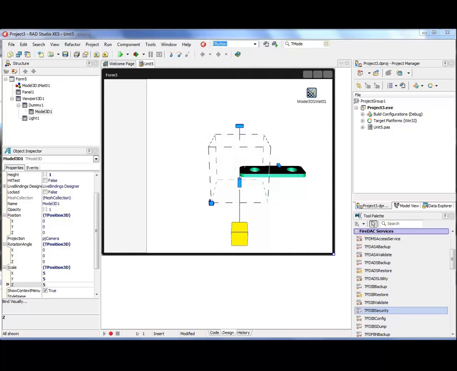Although the Delphi component TModel3D can load data from both OBJ and DAE files, my tests showed that I'd prefer using DAE models to avoid some errors.